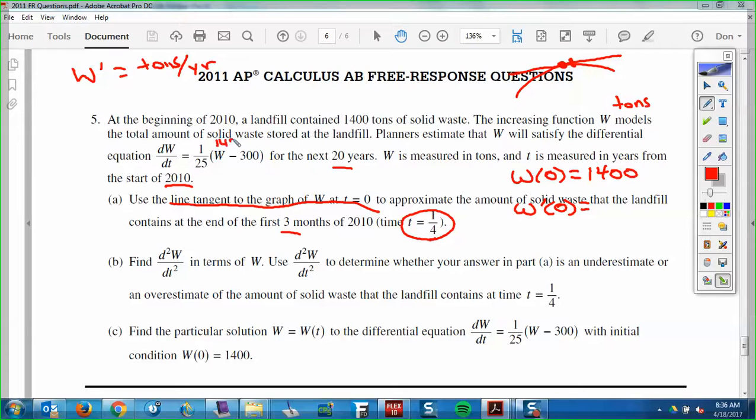So 1,400, is this a calculator one or no calculator? No calculator. So 1,400 minus 300 is 1,100. And then it's 1/25, so it's 1,100 over 25. What's 1,100 over 25? Might be nice to simplify that. 44. I think you're right. 25 goes into 100 4 times, and there's 1,100, so 11 times 4, so that would be 44. Okay, so that's 44. So our tangent line is y equals,